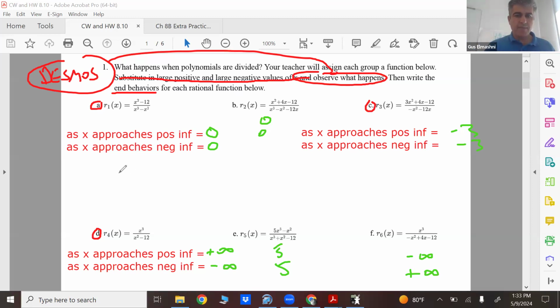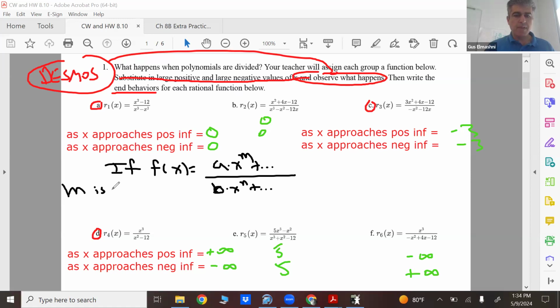So if your function is this plus dot dot dot over this plus dot dot dot, where m is the highest exponent for the numerator, n is the highest exponent for the denominator,